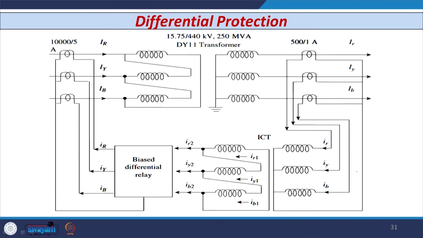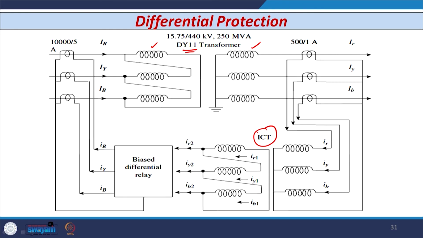So this is the schematic diagram you have to draw. This is your delta star transformer with the DY11 feature. This is the delta connected winding, this is the star winding. On the delta side I have connected 3 line CTs in star, and on the star side also I have connected them in star. Even though we discussed earlier that the CTs should be connected in delta, I have not used that because I have used the interposing current transformer.